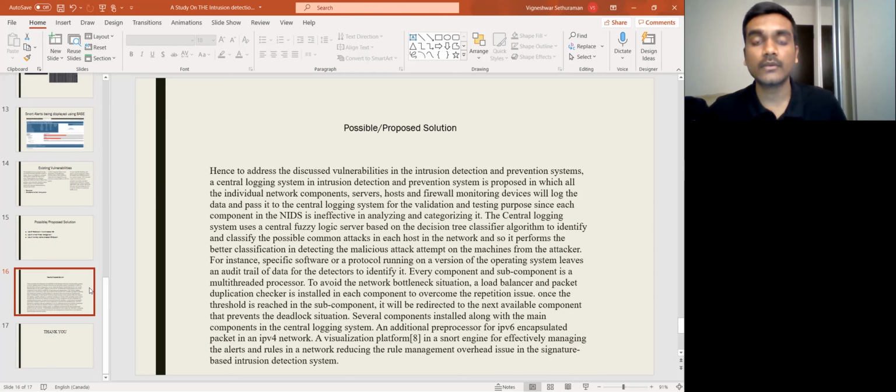We might even have IPv6 traffic coming through our network, so in that case it makes sense to have an additional preprocessor for IPv6 encapsulated packets in an IPv4 network. There is also a visualization platform in the Snort engine for effectively managing the alerts and rules in the network,